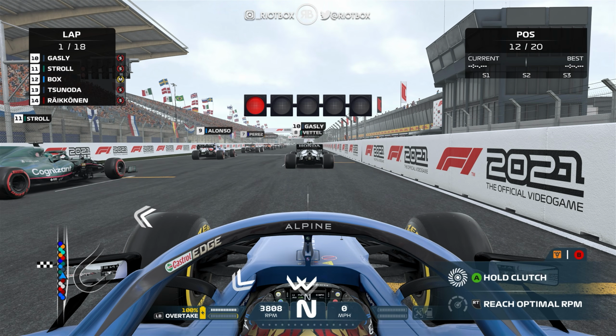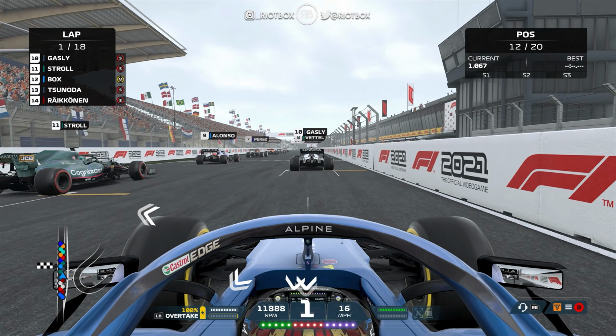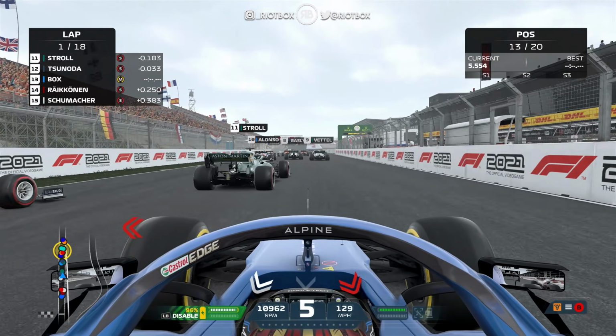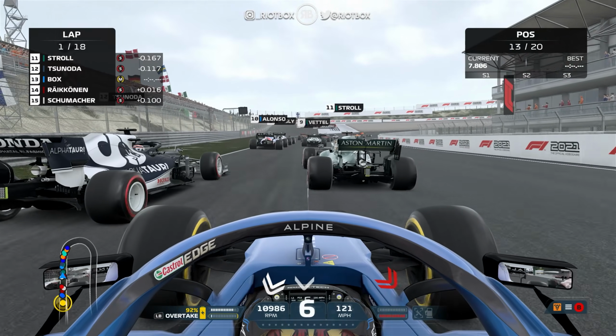But Fernando Alonso's there, P9. He's of course going to be on the soft tyre, so let's see what we can do then as the lights go out. The initial reaction isn't too great, and we get mugged at the start. Oh,